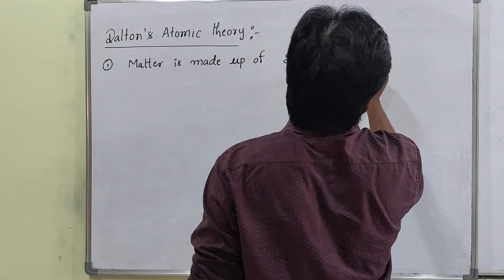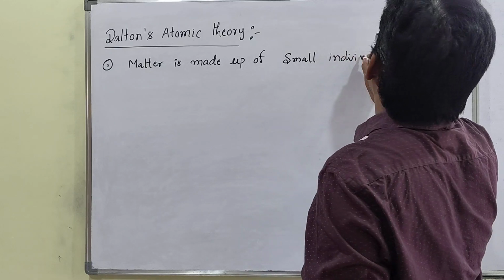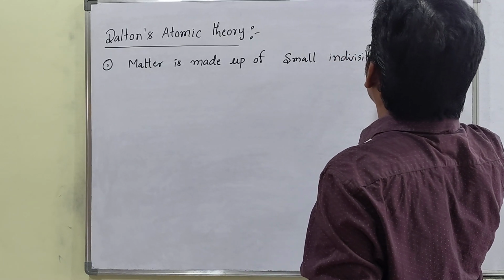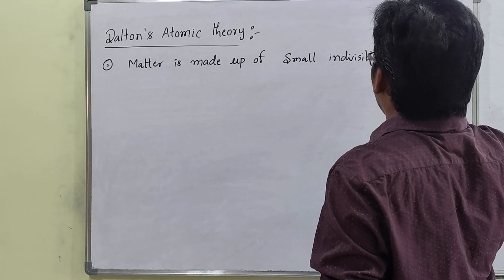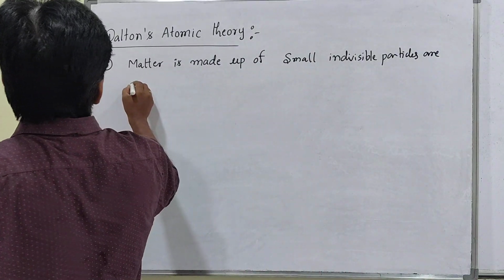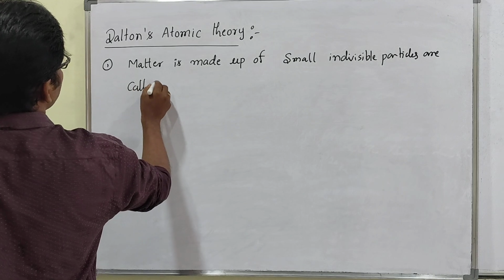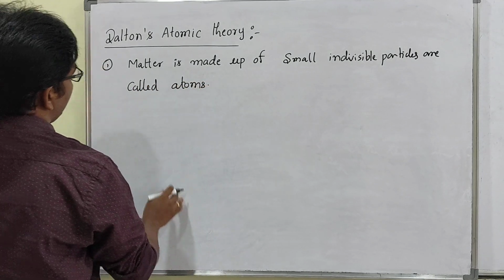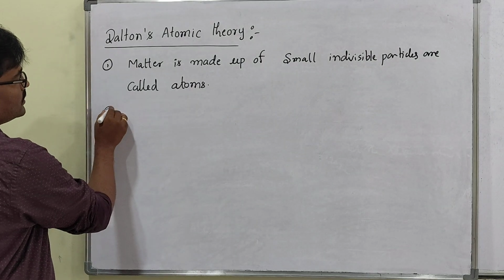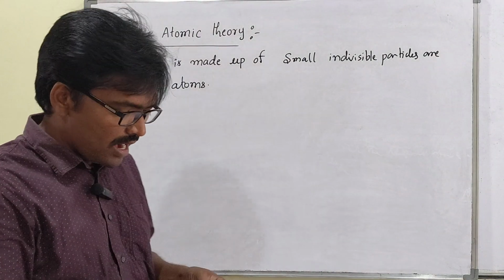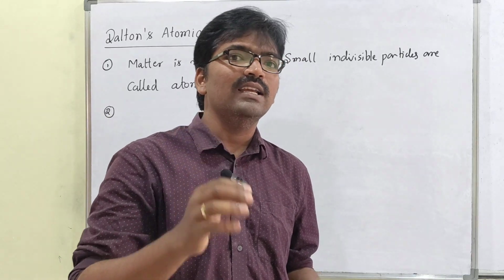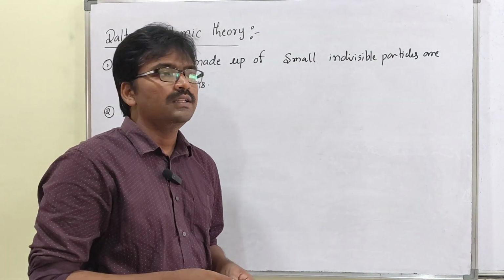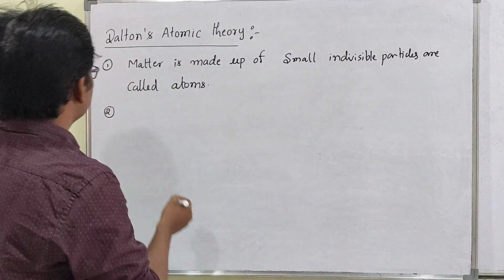Indivisible particles are called atoms. So the first point is that the indivisible particle in matter is the atom. Then the second one: atoms can neither be created